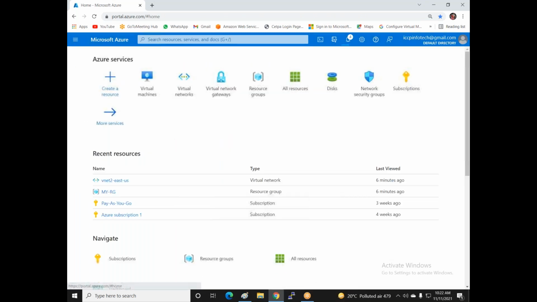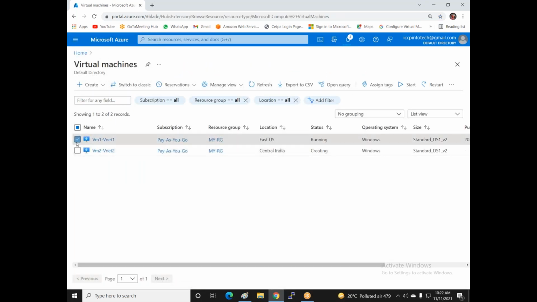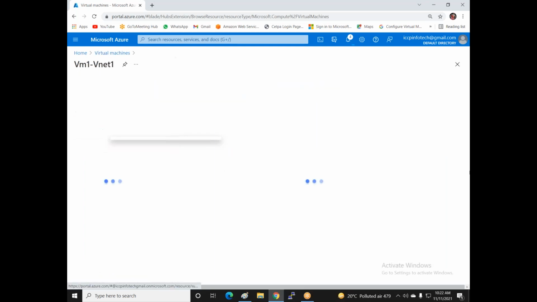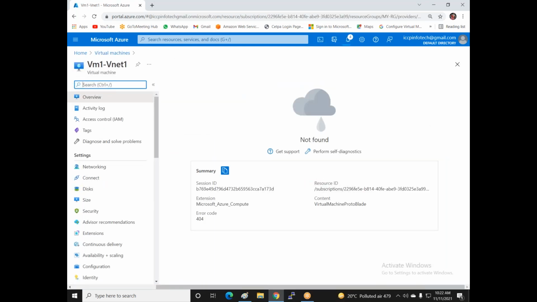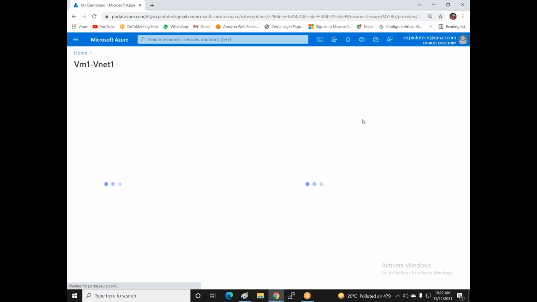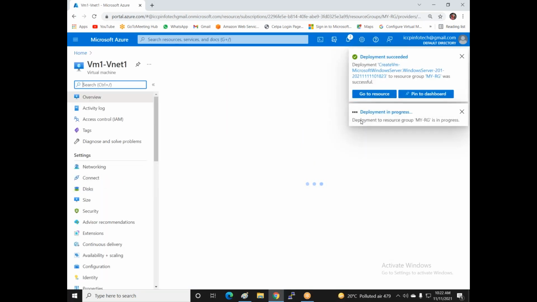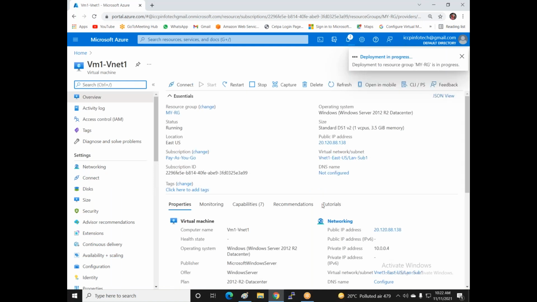VM1, I'm just logging in with VM1, so I go to the virtual machines, and this is VM1 overview, get support, perform self-diagnostic. This is a public IP.